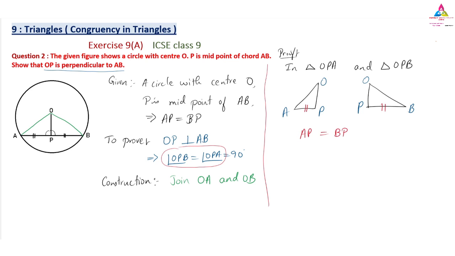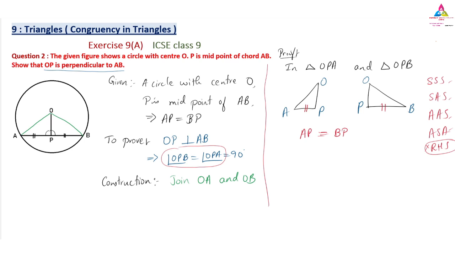Already given. So you know that to prove any congruency rule, we need to prove that two triangles are congruent, we need three parts. The options are SSS, or SAS, or AAS, or ASA, or RHS. Here we can't apply RHS because they have not given any angle as 90, that only we have to prove, so it is not possible with RHS. In these four, any one we have to use. One side is already given, so it is possible with any one. So let us go for next.